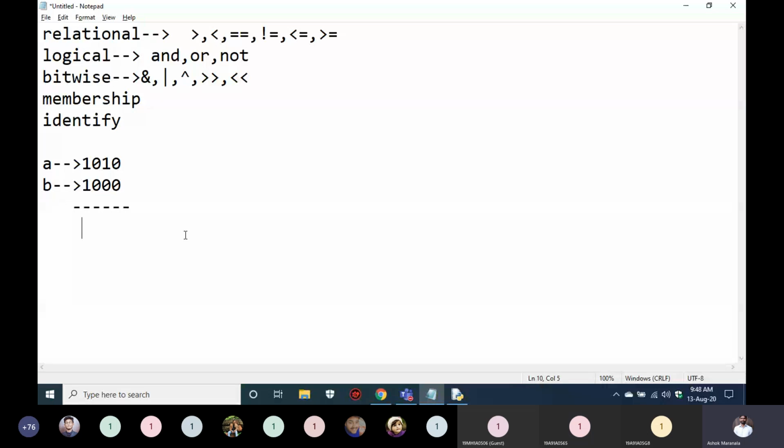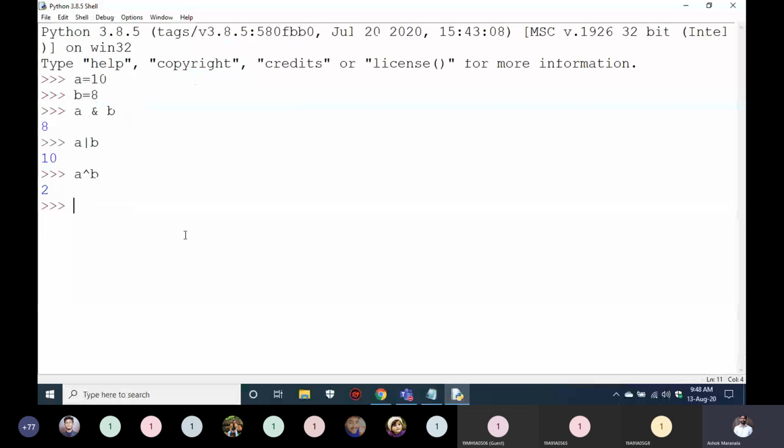If both are the same, then it is 0; if they are different, then it is 1. So for 1010 and 1000, the first bits are the same, so 0, and the next bits are different, so 1. So we got 2 here. Okay, so that is how this operator is working.